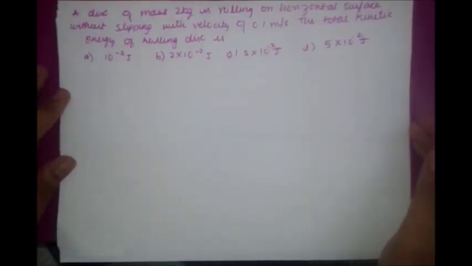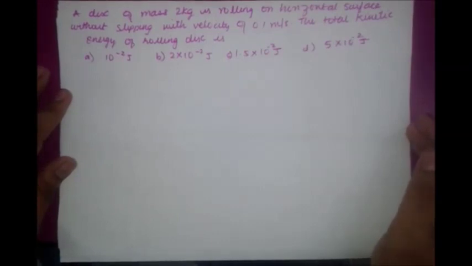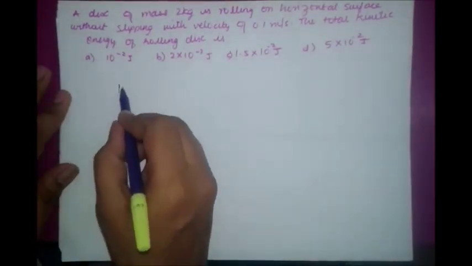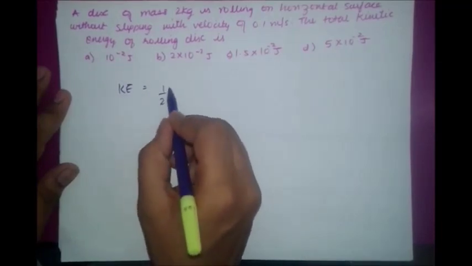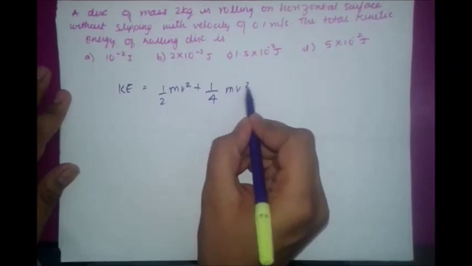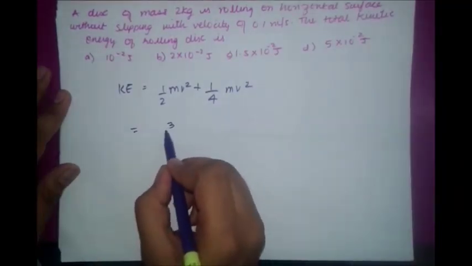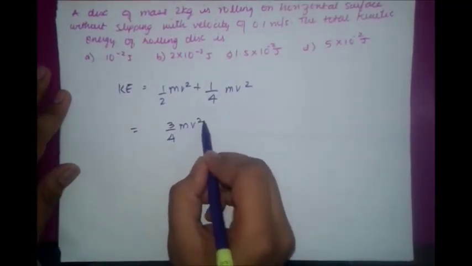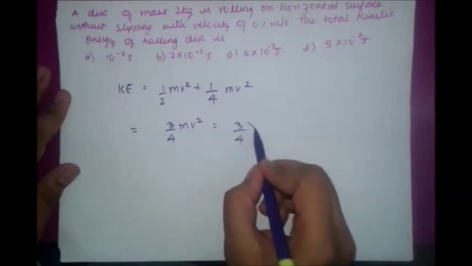A disc of mass 2 kg is rolling on a horizontal surface without slipping with a velocity of 0.1 meter per second. The total kinetic energy of the rolling disc is? Now to solve this question, we know total kinetic energy is equal to half mv square plus 1 by 4 mv square, which is equal to 3 by 4 mv square,